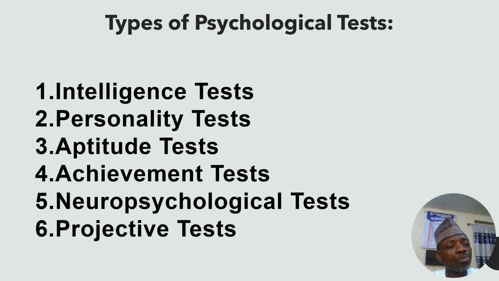achievement tests, you can test how someone will pass or how someone will get something done correctly; and neuropsychological tests, these are issues that have to do with neurons, with our behavior, most especially the brain, how we process nerves and things like that. And projective tests, where you can project the performance of someone, to know what this person will do in the coming 20, 30 years, or in the next 5 years or so.